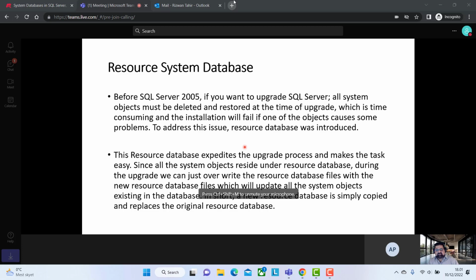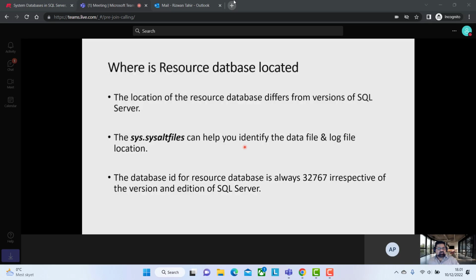In short, the new resource database is simply copied, and it replaces the original resource database. This is the reason that the upgrade process is now much more straightforward